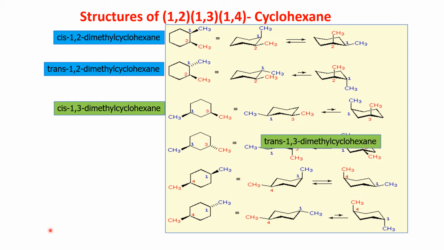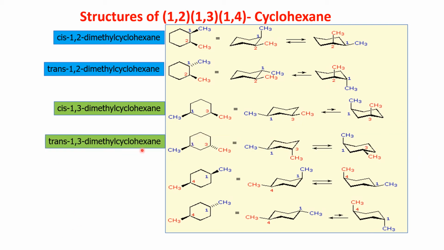And for the trans 1,3 dimethyl cyclohexane, see, one is a wedge and another one is a dash line. This shows this is a trans form. Trans means this is just opposite to the 1,2. 1,2 means equatorial, axial; the opposite means axial, equatorial. One will be axial, another one will be equatorial. So one we keep in equatorial, another one will be axial. If you flip it, one will go to axial and 3 will go to equatorial.